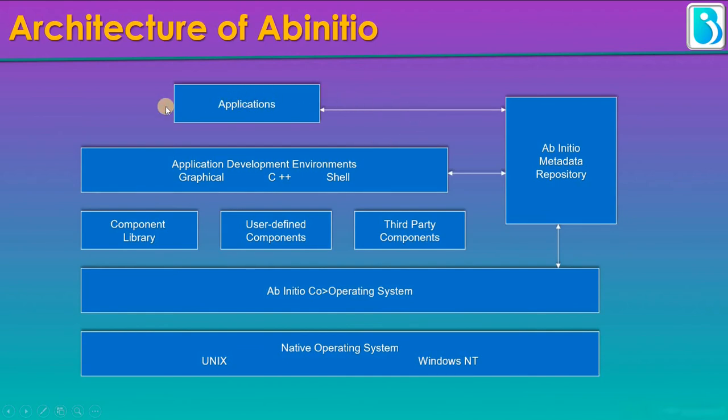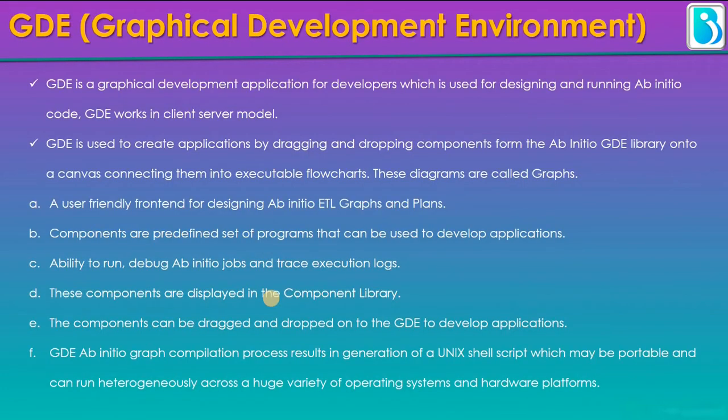On top of this, we will have other applications like Control Center, Query It, Data Quality Environment, Metadata Hub, Authorization Gateway, etc. All these come under the applications part. These are all integrated with Ab Initio's Co>Operating System, which is the core and foundation of Ab Initio software that will be installed on our Unix or Linux operating systems. Okay, moving on to the next slide.